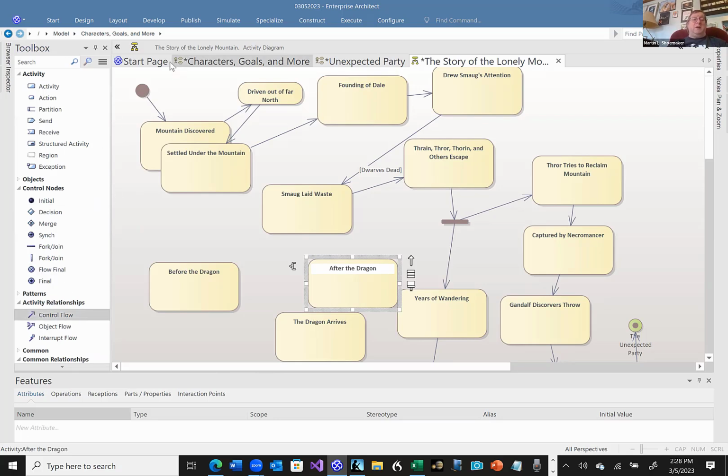Come on, redo my paths entirely: from here to before the dragon, from here to the dragon arrives, from here to after the dragon, and from here to the unexpected party. And then I did something which made me really kind of happy